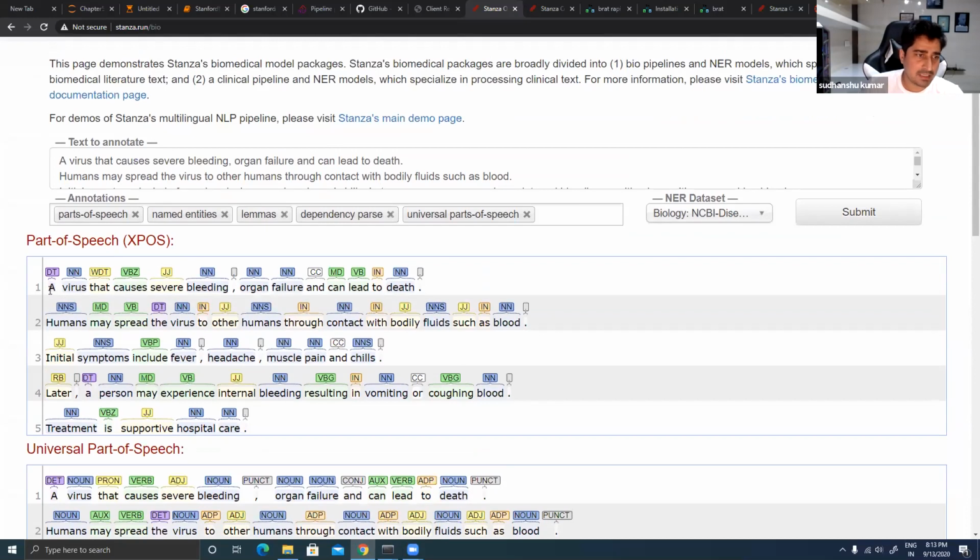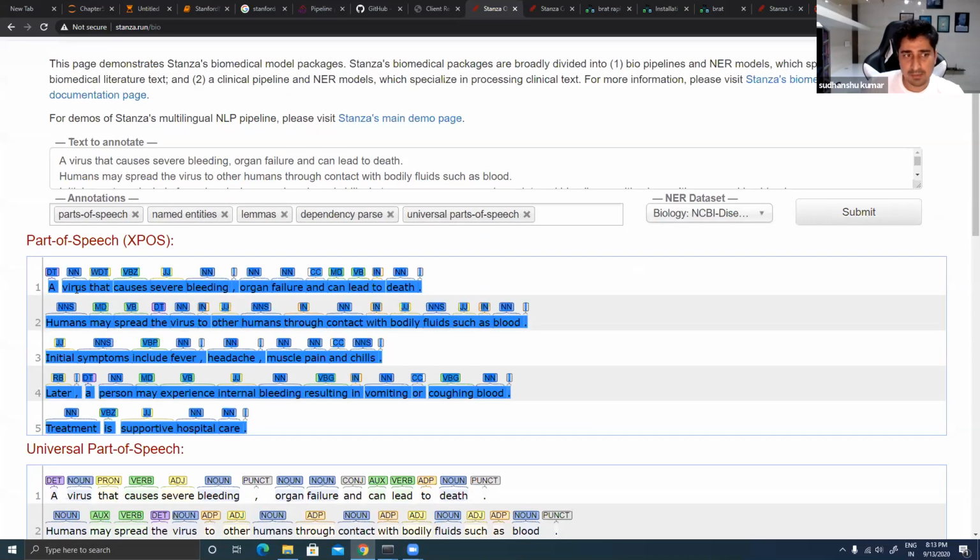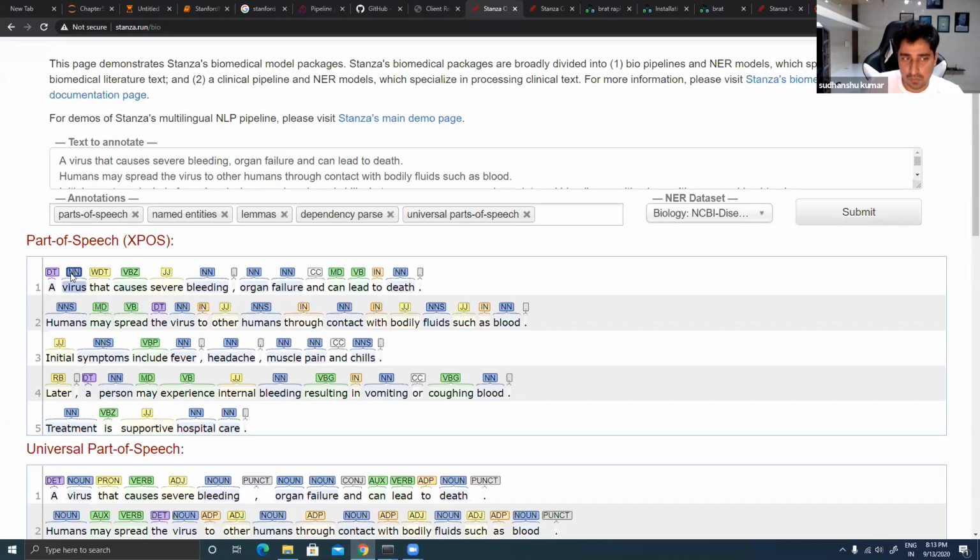So I have given a sentence: a virus that can cause severe bleeding, organ failure, and can lead to death. And in this one, it is able to identify what is what, right? What is a determiner, what is a noun, what is a verb, what is a pronoun, what is an adjective. It is able to identify each and everything. What is a comma, what is a full stop, everything it is able to organize, or it is able